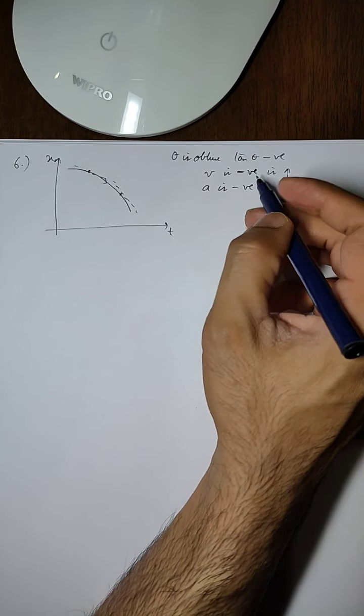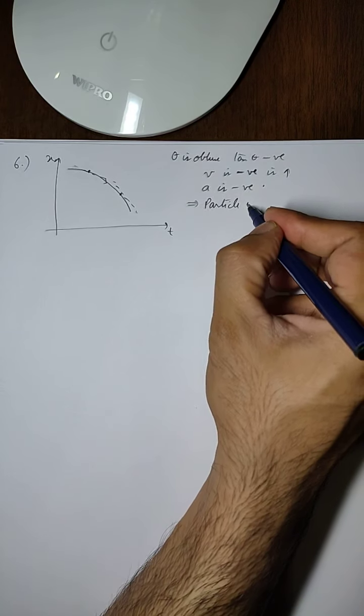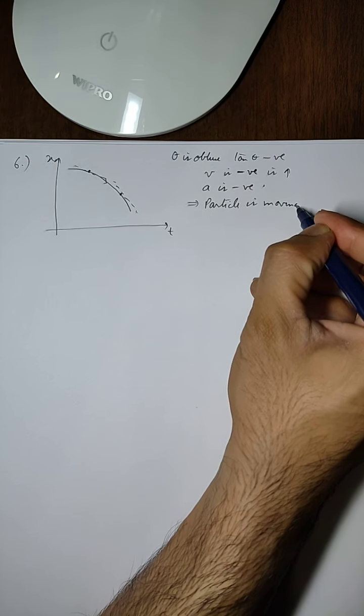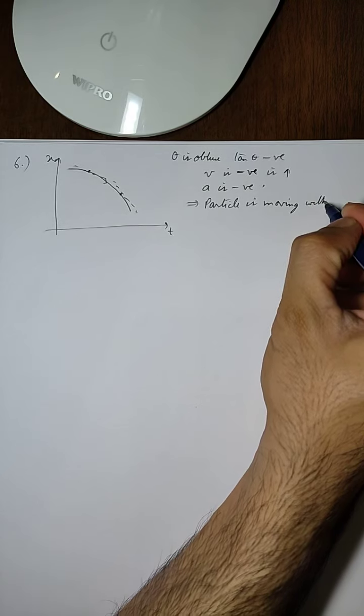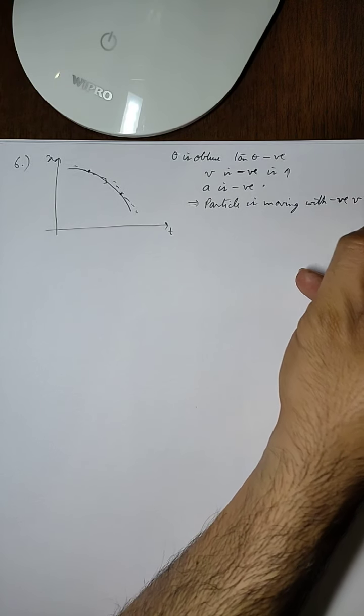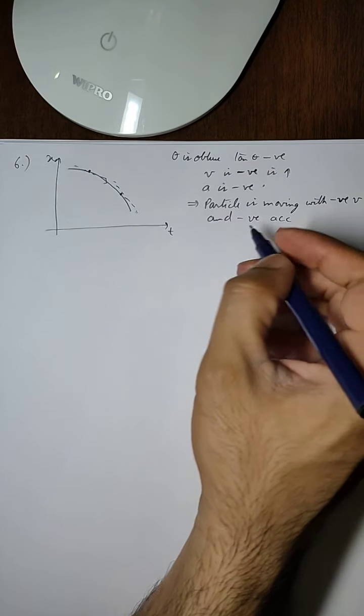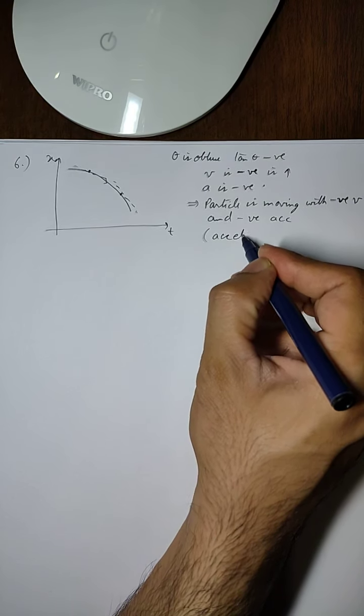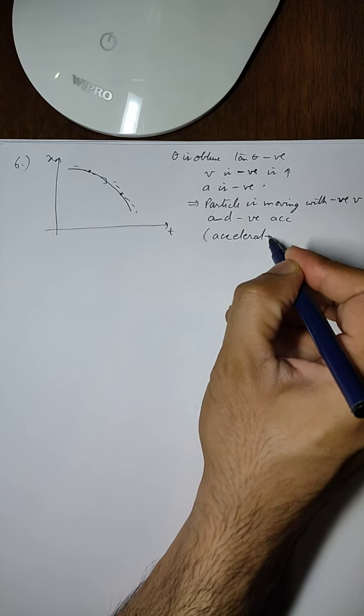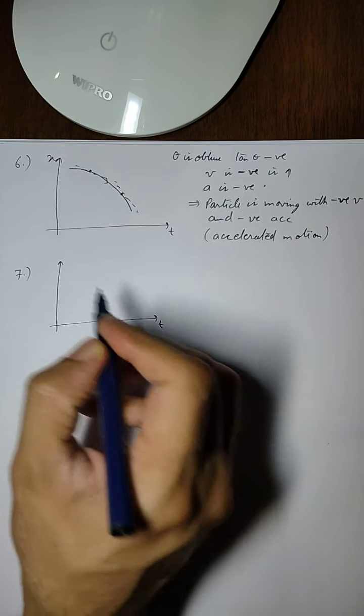So that means that the particle is moving with negative velocity and negative acceleration. So since both of them are negative, then it has to be an accelerated motion. So it is an accelerated motion, but the direction is negative because of the slope. Similarly, if we come to the next graph,